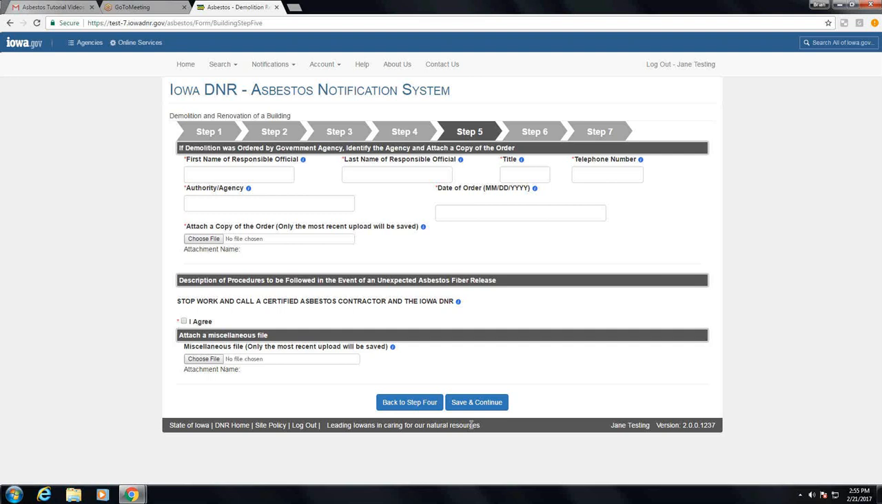Since this is an ordered demolition, we have to have a letter of determination from a local government agency identifying that the structure is in fact structurally unsound and in danger of imminent collapse. So we need to identify the officials making this order. Typically it's an engineer either associated with a city or a county, but we need the name of that responsible official, their title, telephone number,